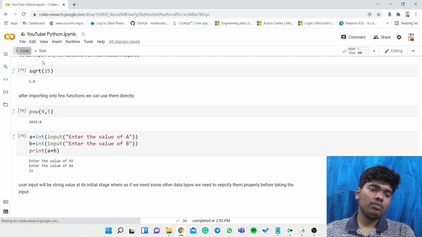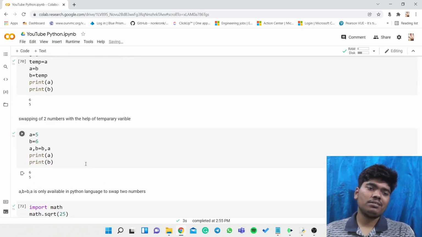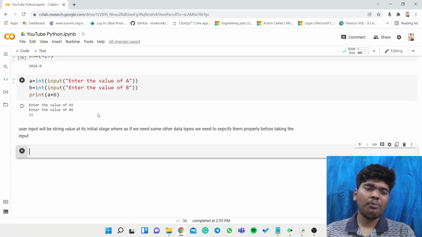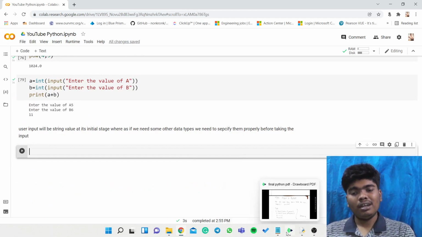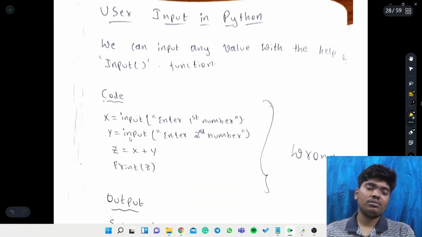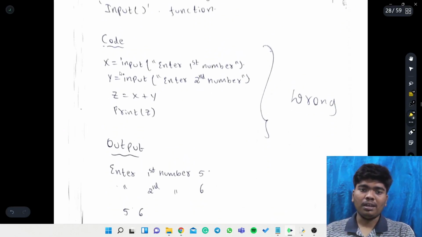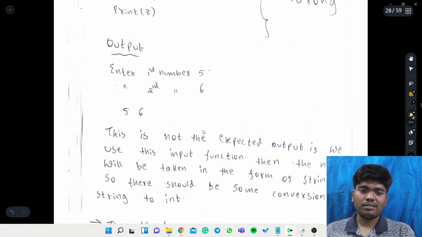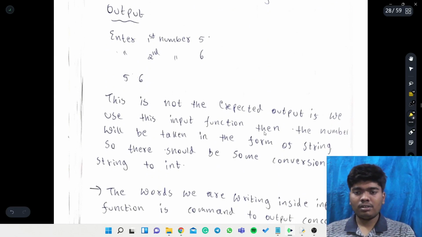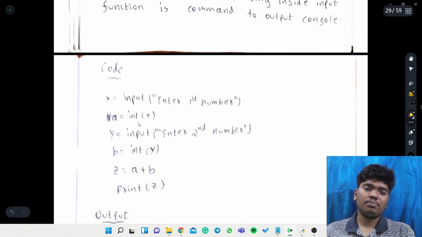This is the thing we need to make sure of. We need to mention the input data type properly, so that it is easy for the interpreter to run the code properly. Now this is not the expected output, right? So we need to put int.